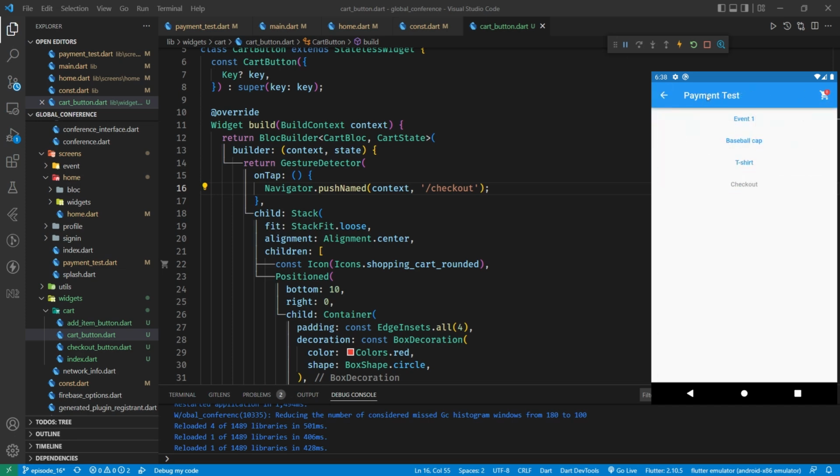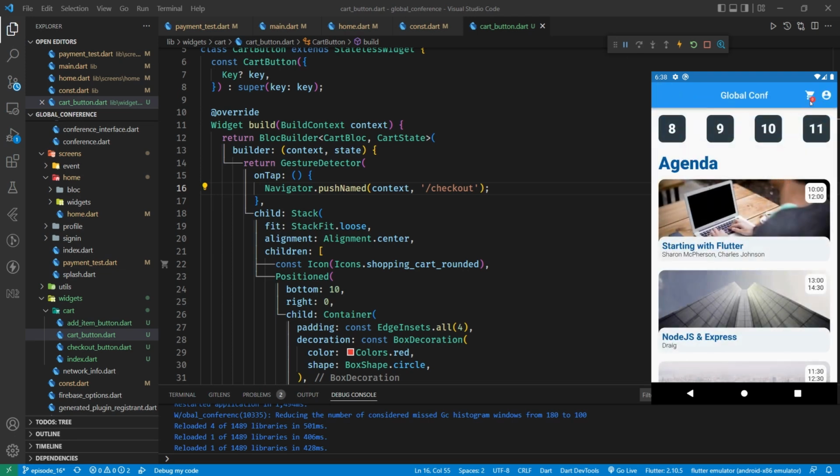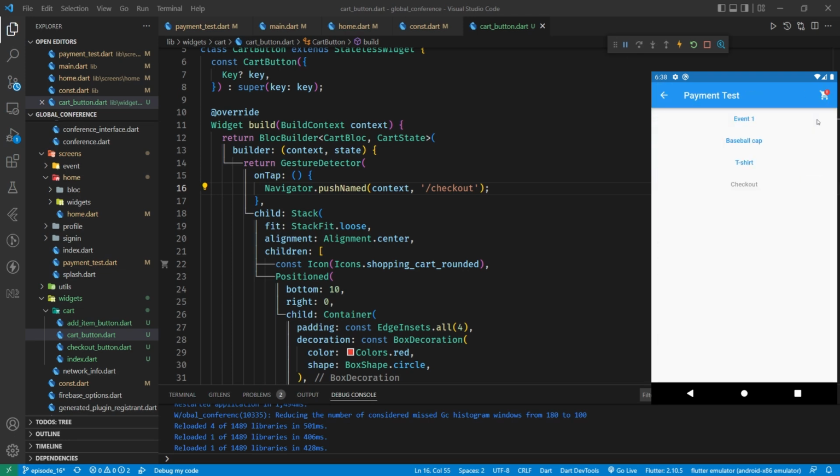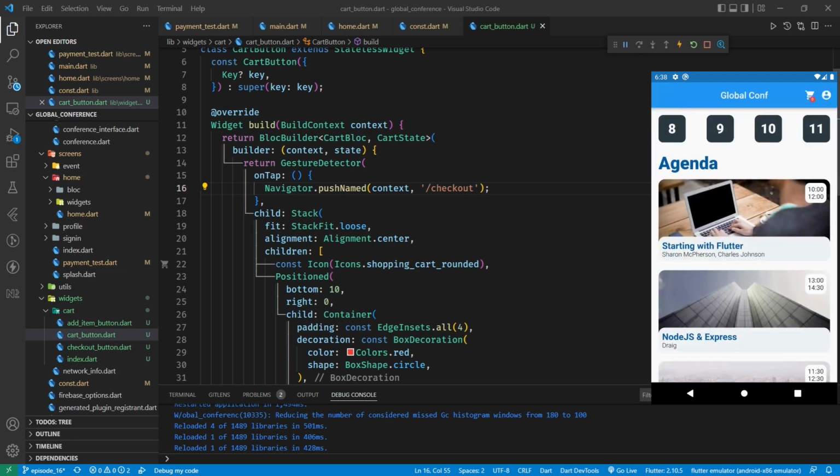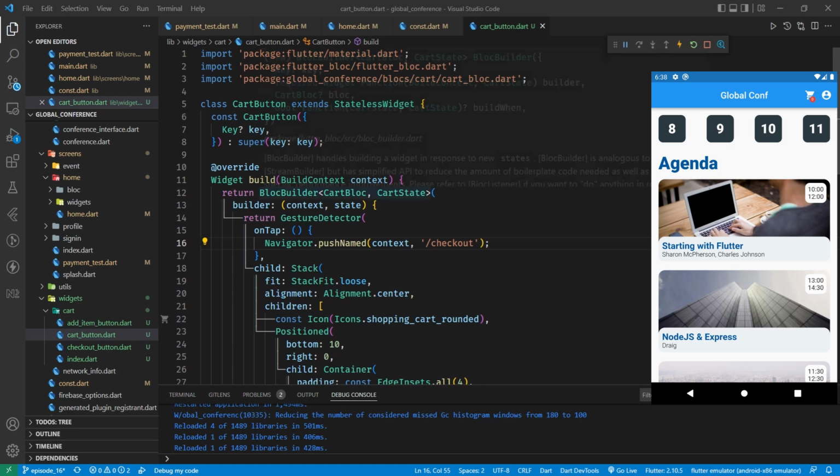Okay, we'll have to change the title there, but we'll do that in a moment. However, we do have a problem here that if we click on that and then click on that and then click on that, it's going to continually push on a new page, and we don't want that. So we need the ability within our cart button to make sure that